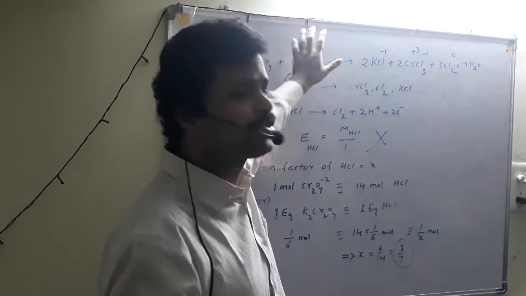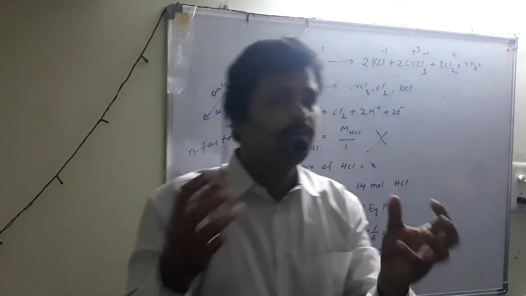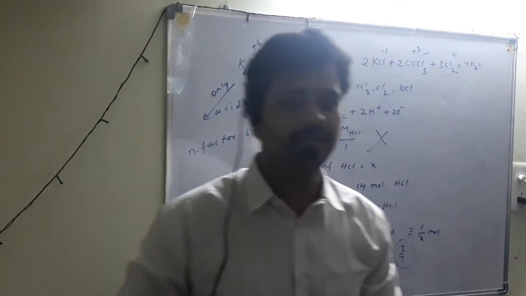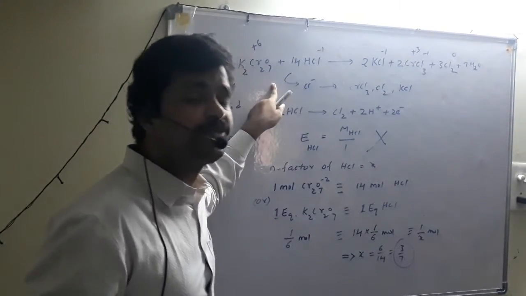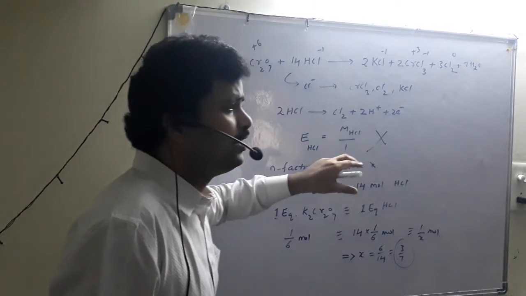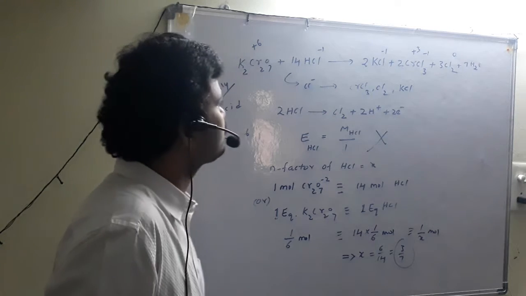We find the oxidation state on the reactant side and the oxidation state on the product side, find the change, and the change is defined for 1 mole of substance. That is the regular method. But this is a different approach. Why? Because the total HCl quantity is not converted into redox product.